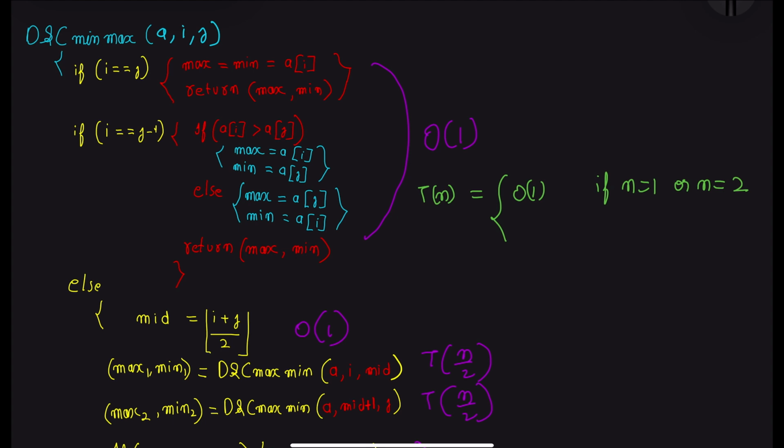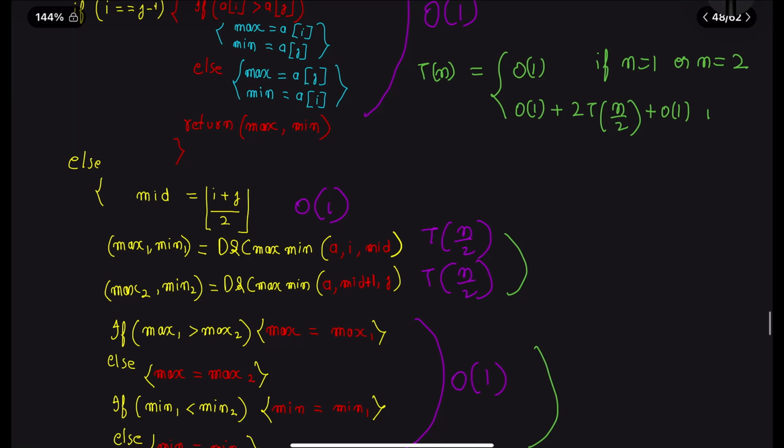The first two if statements represent that. Otherwise, it is big O of 1, which is the time required to find the min, plus 2T(n by 2). So these two statements can be written as T(n by 2) plus T(n by 2), which is 2T(n by 2), plus big O of 1, which is the comparison. These comparisons will take big O of 1 time